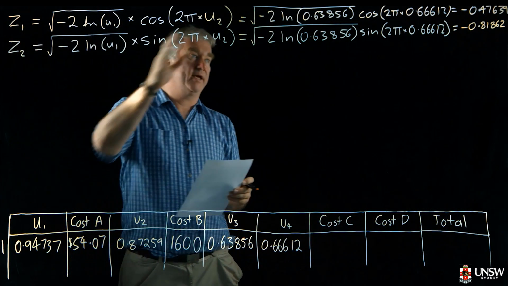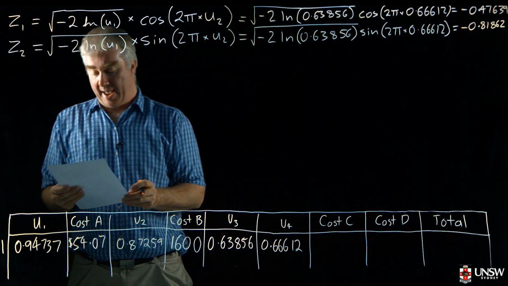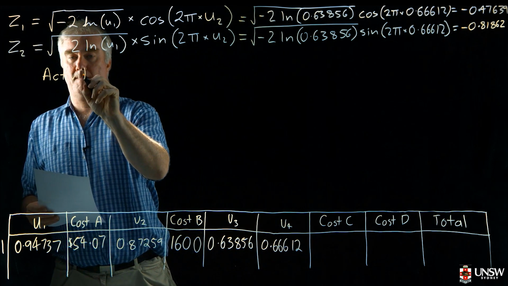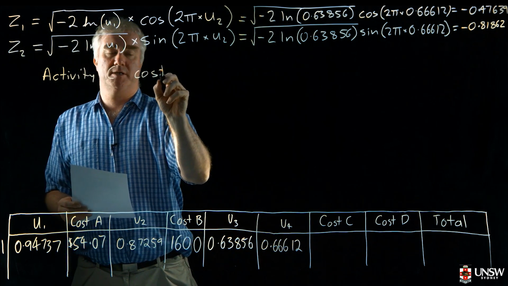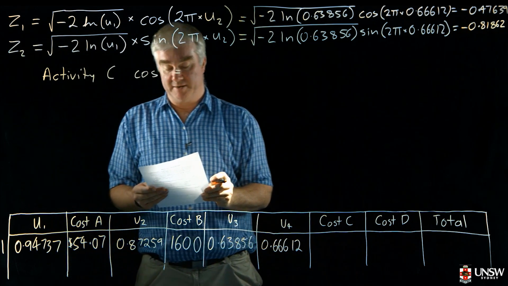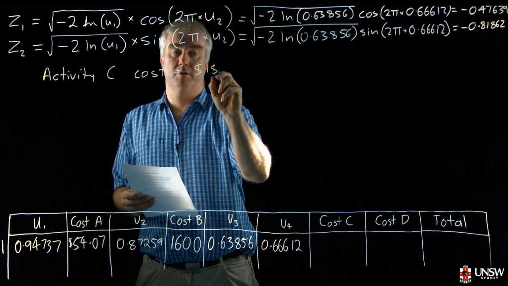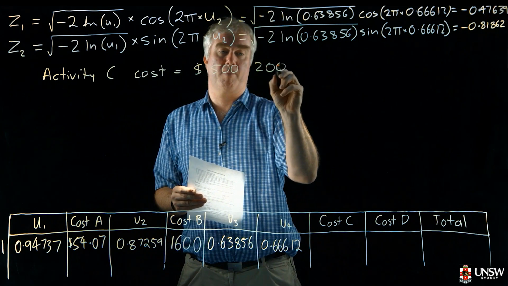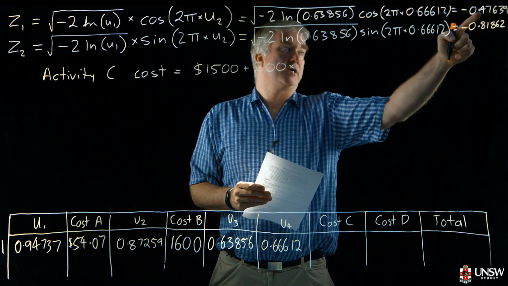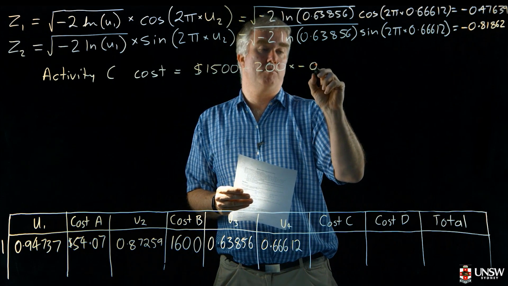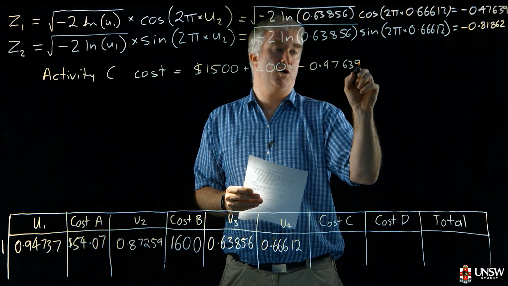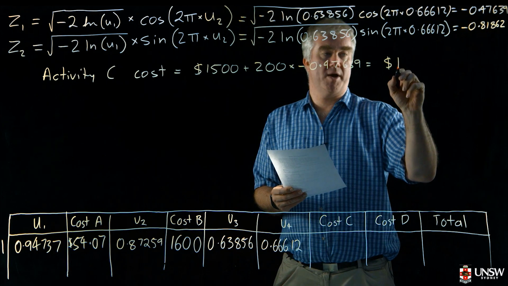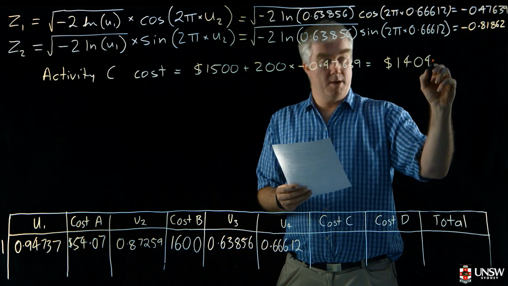So using Z1 and Z2, what we're going to say is activity C the cost is equal to, well, the mean cost for activity C was $1,500 and the standard deviation was $200 times Z1, which is minus 0.47639, which gives us $1,404.72,